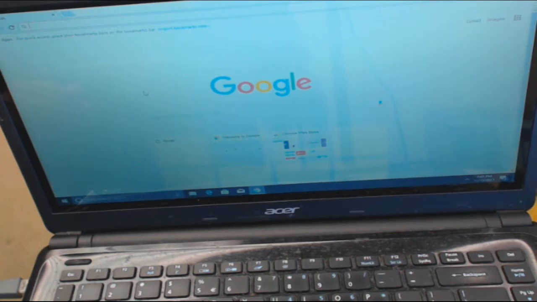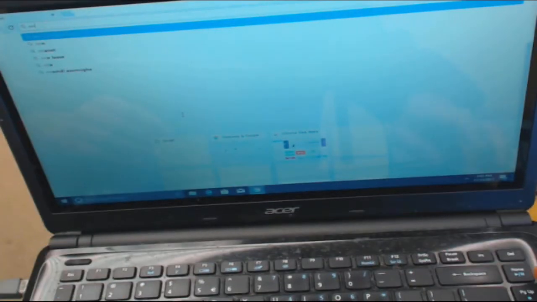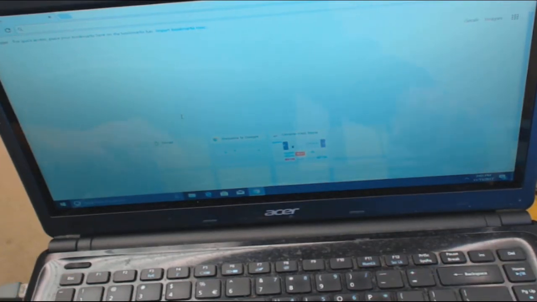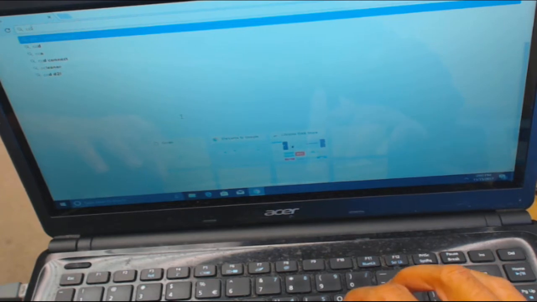Alright, so we're gonna have to go to CCleaner and download the latest version. So we can just type in CCleaner here. See, the keys don't work. So there's something big, major problem with this computer. What I can do is, see, you have to press them more than once. It could be malware or spyware or virus. Okay, so we'll just